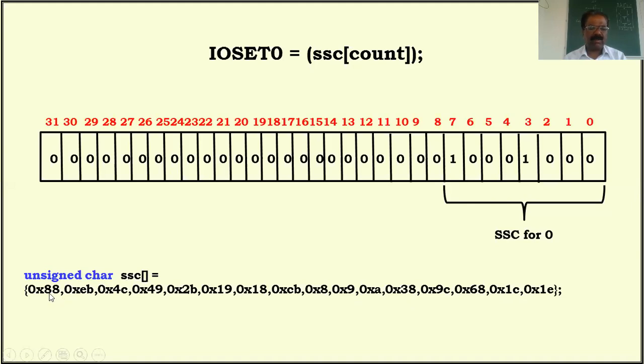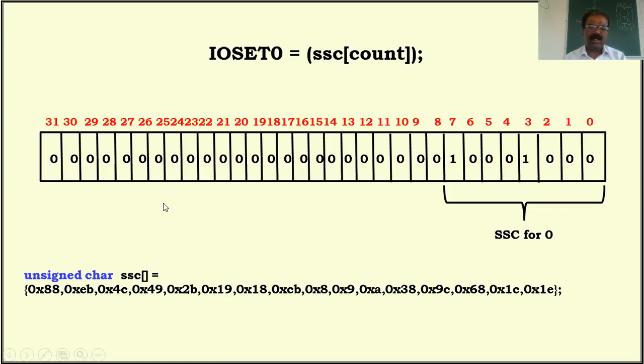This is the 7-segment code for 0, 7-segment code for 1, 7-segment code for 2, and the 7-segment code for F. Suppose the index, here I'm going to use count. If count equals 0, then it refers to the 7-segment code of 0, and it is going to get this value. Therefore, this complete thing is replaced by this 88, provided count is 0. If count is 15, then it points to this and I'm going to get this value. If the count is 1, we get the 7-segment code for 1.